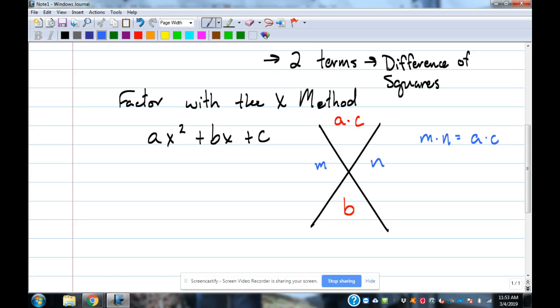6 and 2. M and N could be different numbers. They may be the same two numbers, but it's not likely that they are. Okay, they could be though. So M and N, the numbers on the sides, have to multiply to be the same